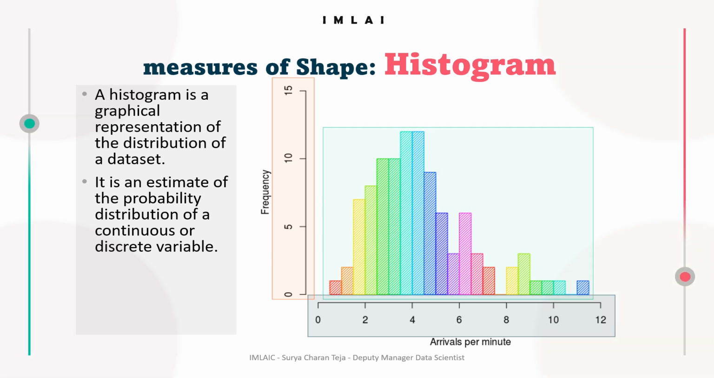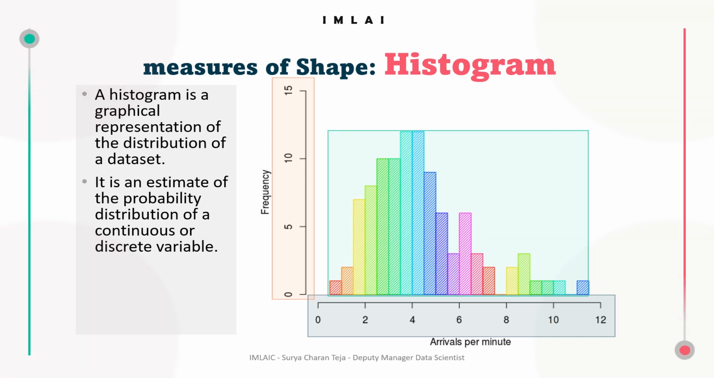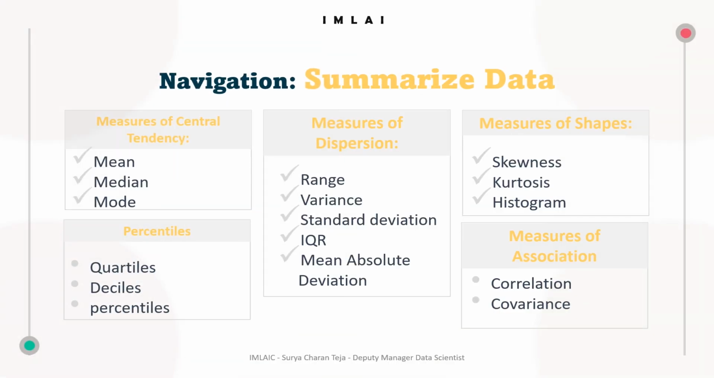So after looking at the histogram, skewness and kurtosis, we are done with measures of shape. Now, before we jump into another tool in summarizing the data, let's look into the navigational map